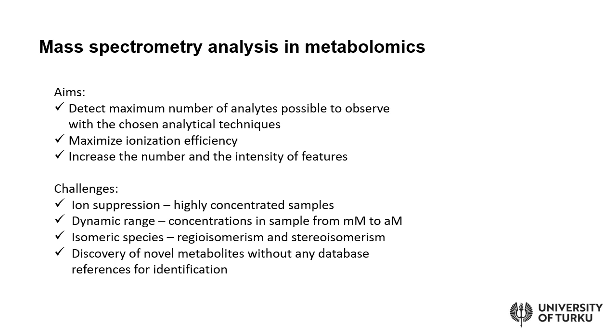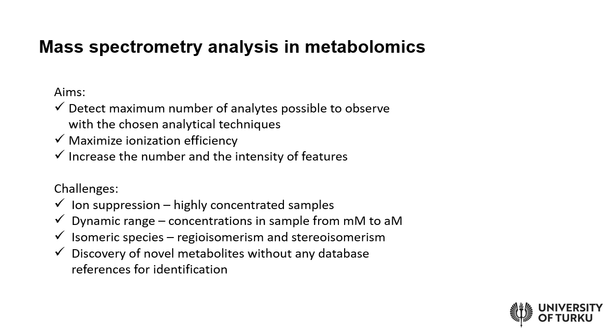So we were going through these challenges in mass spectrometry. I mentioned ion suppression, and then dynamic range is also one of those typically listed, meaning that we have a huge range of concentrations. Luckily, the latest developments in mass spectrometry instruments can deal with this quite well, so that we can have concentration ranges from millimolar to attomolar even, or very huge ranges. But that is an issue that needs to be kept in mind at least.